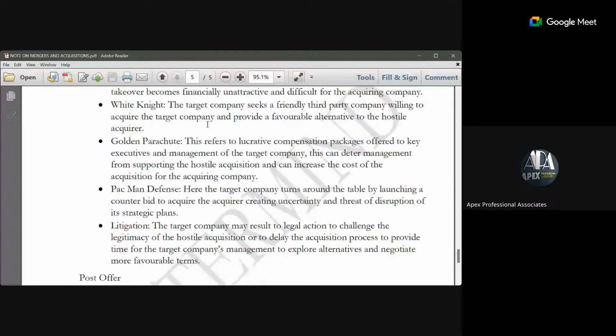Now we also have golden parachute. This refers to lucrative compensation packages offered to key executives and management of the target company. This can deter the management from supporting the hostile acquisition and can increase the cost of the acquisition for the acquiring company. So maybe when they notice that this acquisition is not in favor of the management,